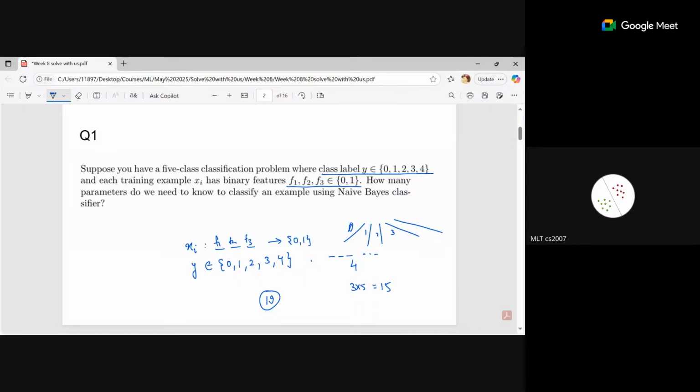Any questions? Ma'am, could you repeat it once? Which part did you not understand? Ma'am, the 3 cross 5. Okay. See, four you will need from here. Now, for each of these,